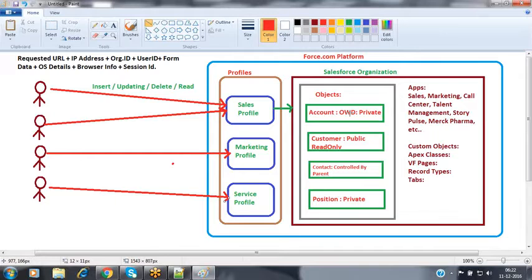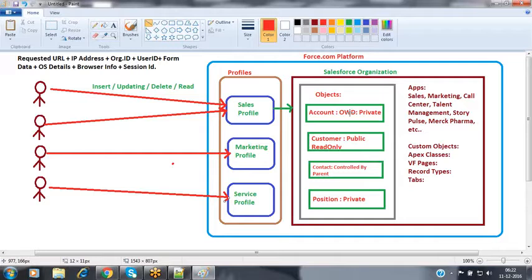Every user can access that record. But with the help of the profile, we can restrict that only these users can perform read and write operations, and only these users can perform only read operations. Even though the OWD is granting the full access, by using the profile we can restrict and control that access.